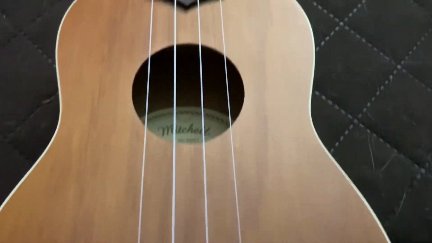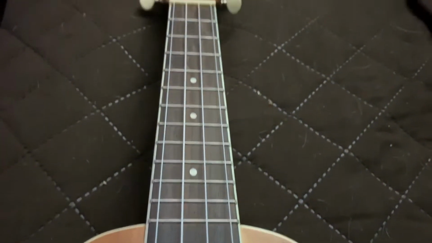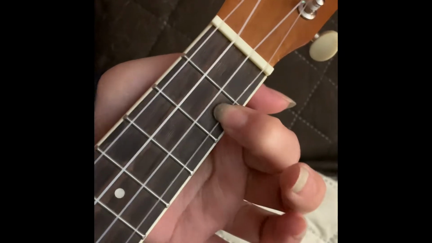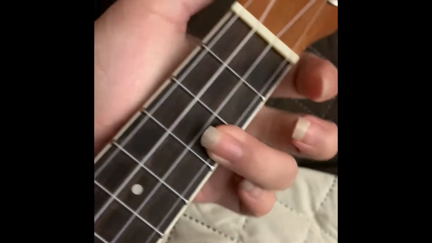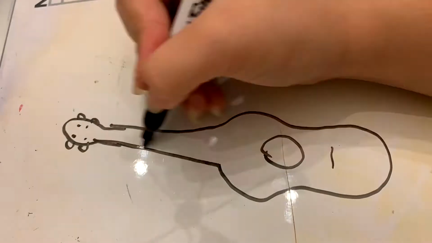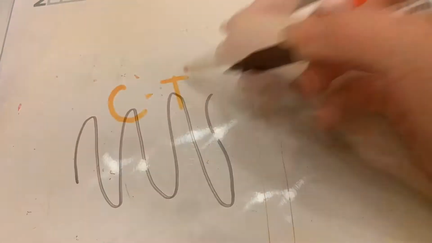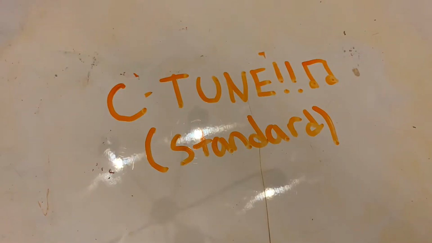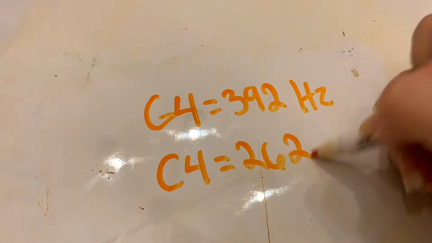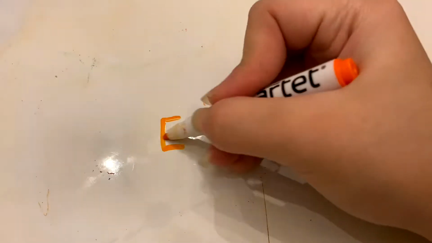Have you ever thought about how the ukulele gets its beautiful sound? It turns out there's a lot more physics behind it than you would have thought. The sound is due to the frequencies coming off the waves of the string. My ukulele needs to be tuned to the standard C chord, which is 392, 262, 330, and 440 Hz, respectively,